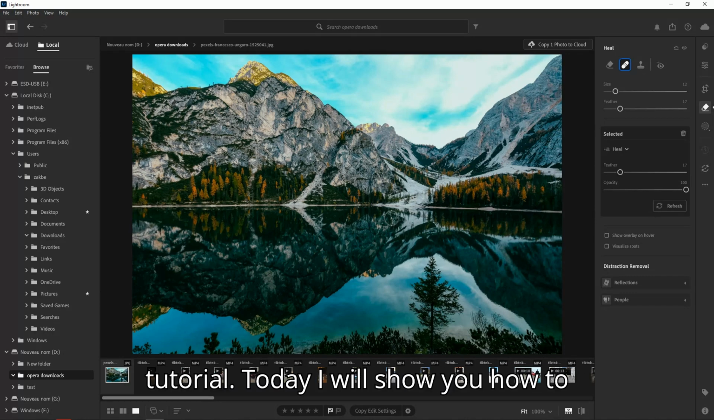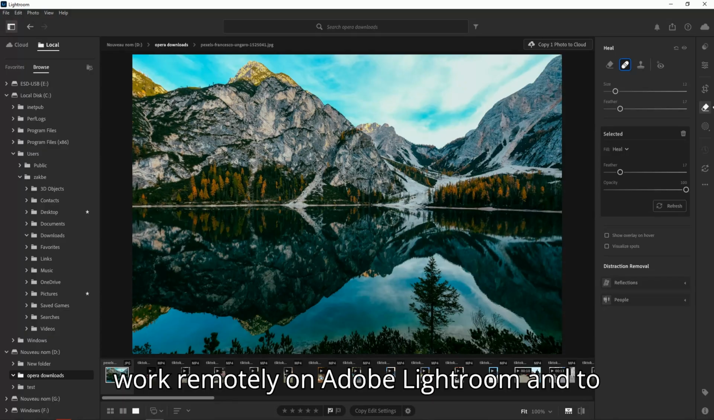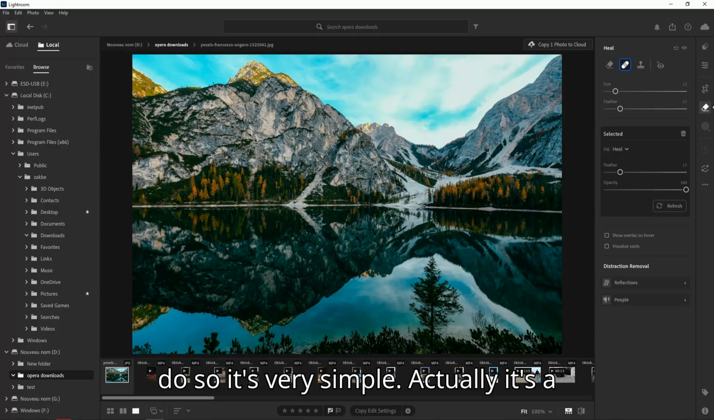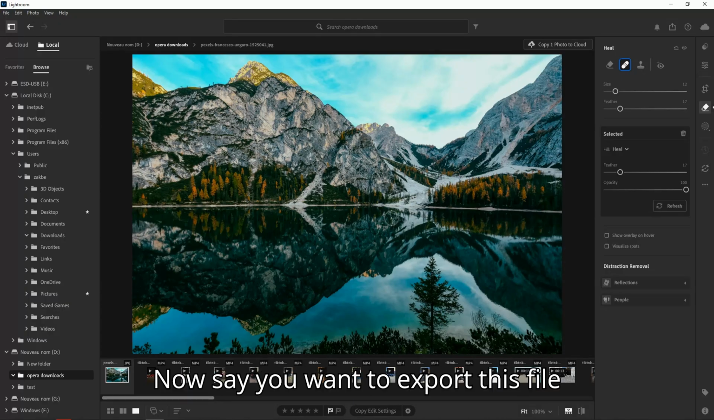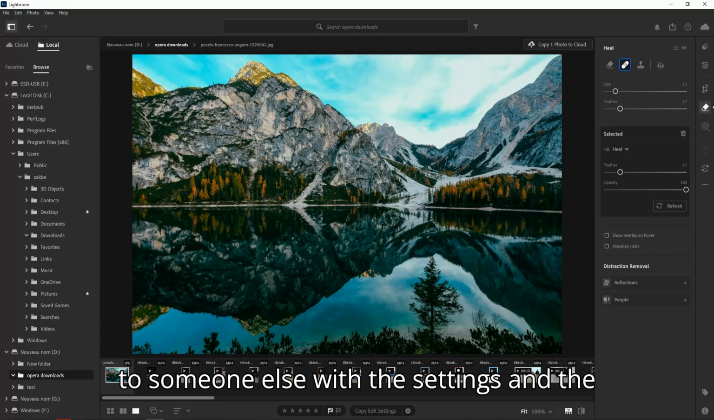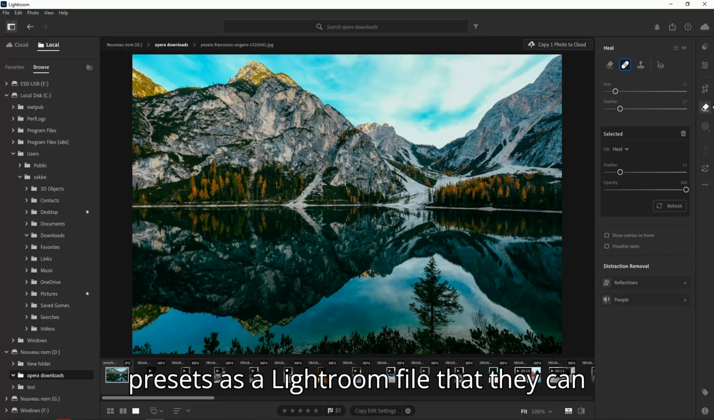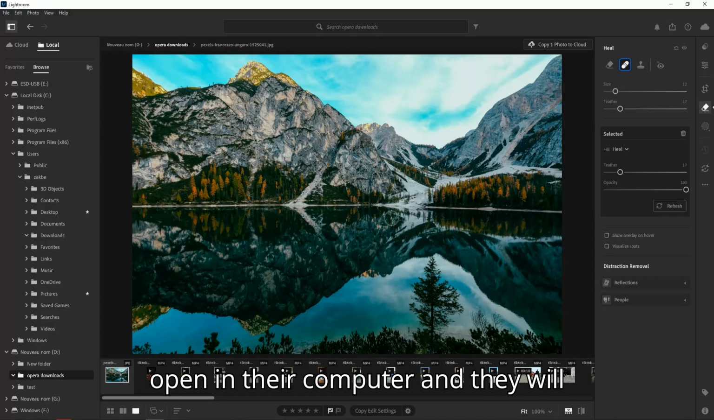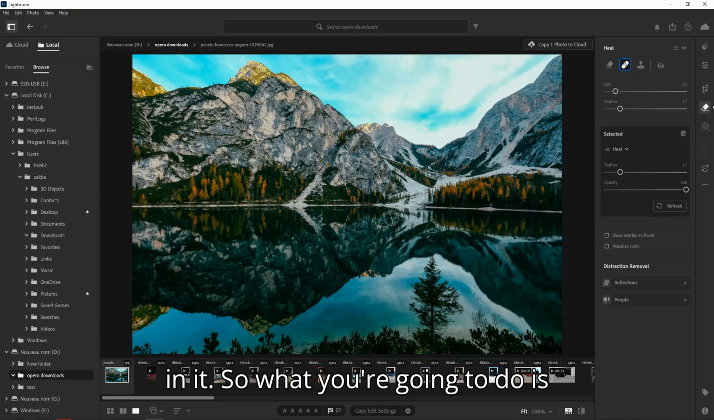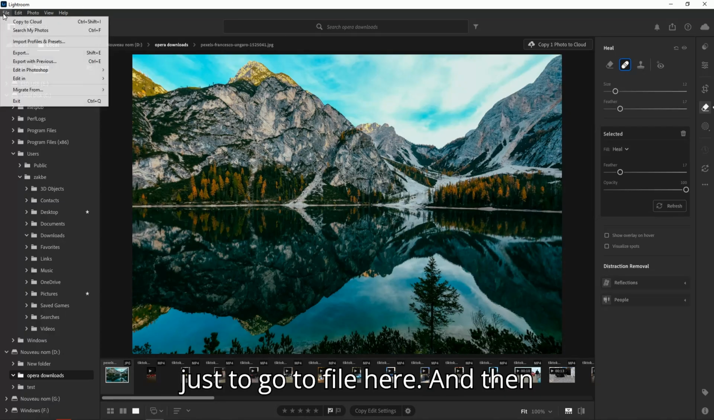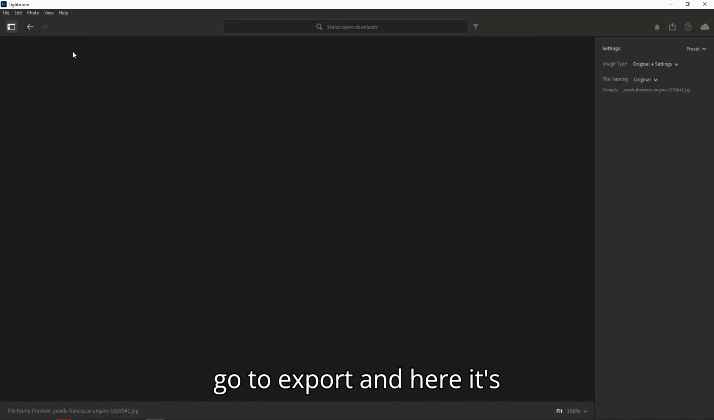Today I will show you how to work remotely on Adobe Lightroom, and to do so it's very simple. Actually, it's a little trick that I'm going to show you. Now say you want to export this file to someone else with the settings and the presets as a Lightroom file that they can open in their computer, and they will find the same settings that you have put in it. So what you're going to do is just to go to File here and then go to export, and